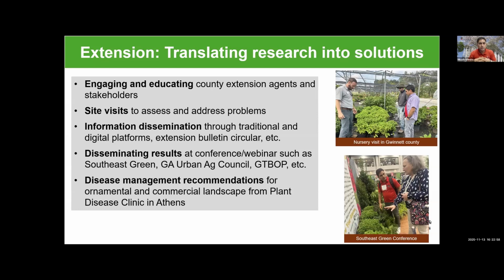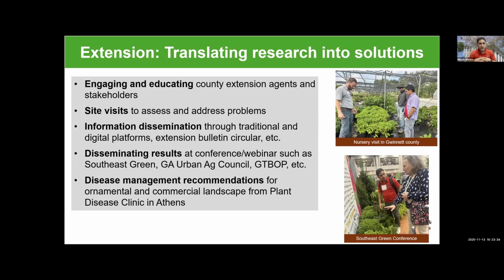So I basically love to work outside with the county extension agents, try to understand what the problem is out there, and then provide them science-based findings through my extension program. I love to engage and educate stakeholders and industry clientele. I do a lot of site visits, which I'm planning to do in the future, to understand the problem so that I can take that back to my research program and formulate my program accordingly, so that it can help solve the problem in the field.